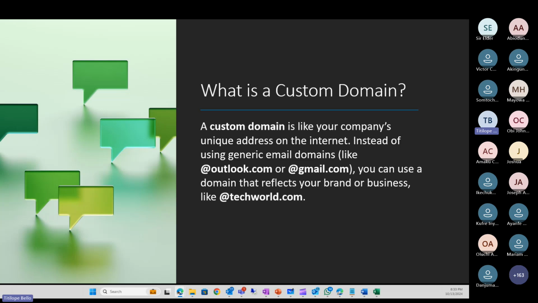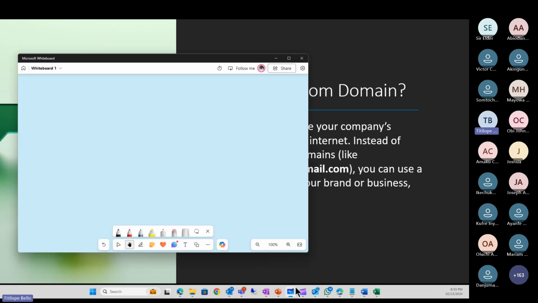Now in Office 365 or Microsoft 365, when you create your tenant, recall you have a domain name that is .onmicrosoft, whatever name you pick. If I created a tenant, it's going to ask me to specify a name. If I put Titi, at the end of the day, by the time you finish creating, what I will be seeing is this,